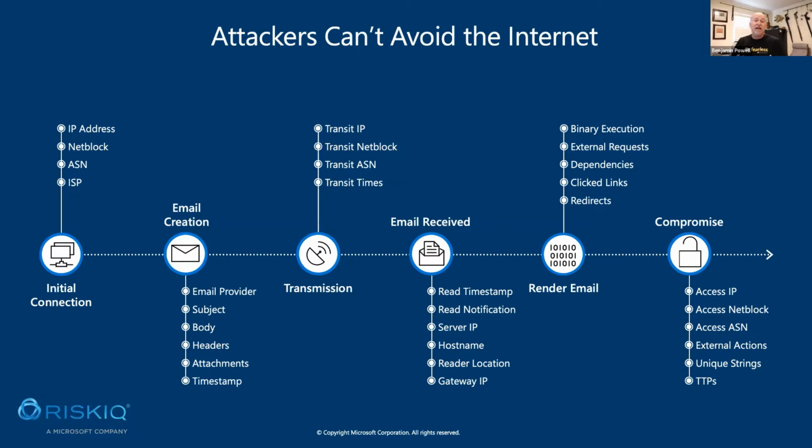And what we're going to try to show you in these use cases is how you can leverage this knowledge of these signals. And because we're gathering all the data ourselves, we have that correlated view and context to be able to tell you, these are direct observations that we saw. It's not a feed. It's not, here's a list of all the bad stuff. When we tell you something's bad, it's dynamic. It's based upon right now from the data that we have. So every day as we update and bring that new information from last night's scans of the internet, we're able to tell you that new reputation of an IP and a domain, for example, and why.